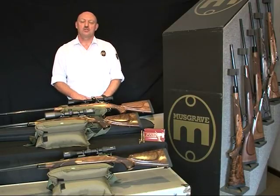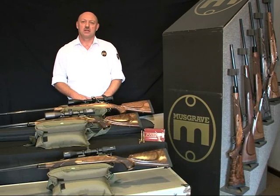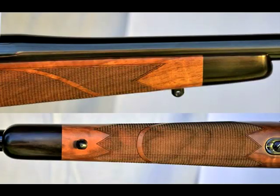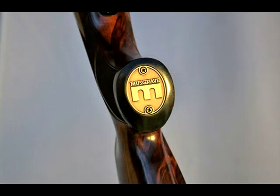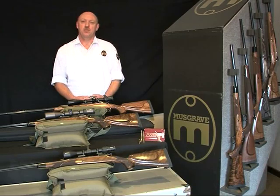Our exhibition models feature top grade Turkish walnut. Those trees are anywhere between 200 to 300 years old before they are harvested, producing very fine figure in the wood. They incorporate all the features of the deluxe as well: the black ivory tips, grip caps, quality barrels, Timney triggers, 45-degree safety catches. You can upgrade a field version of your rifle, should you own one, to any of the